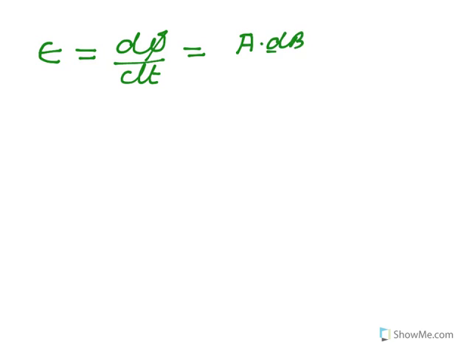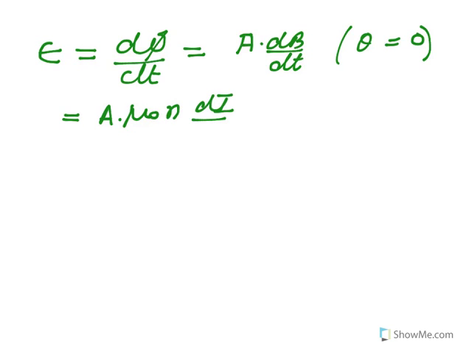So induced EMF is equal to d phi dt. d phi dt is due to A into dB dt. Since theta is equal to 0, cos theta becomes equal to 1. So this can also be written as A into mu naught N di dt,